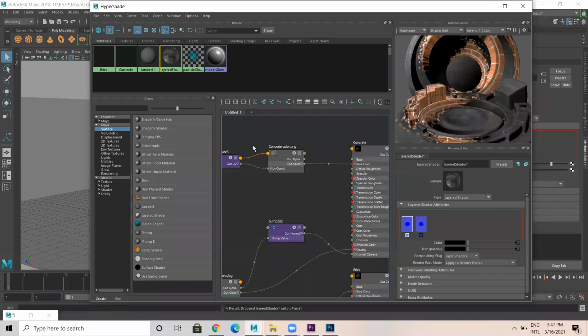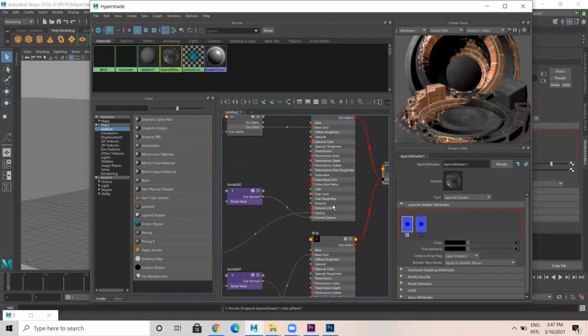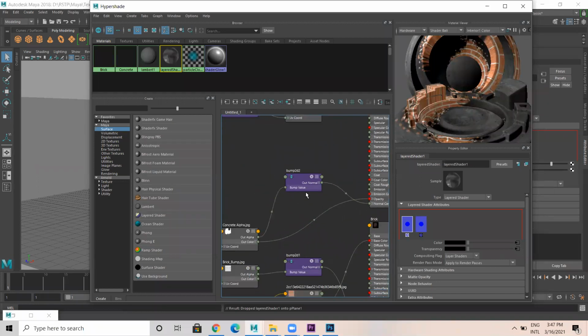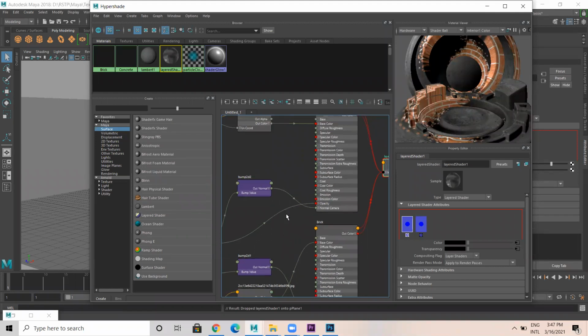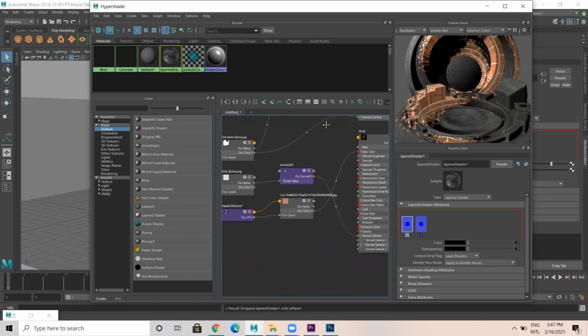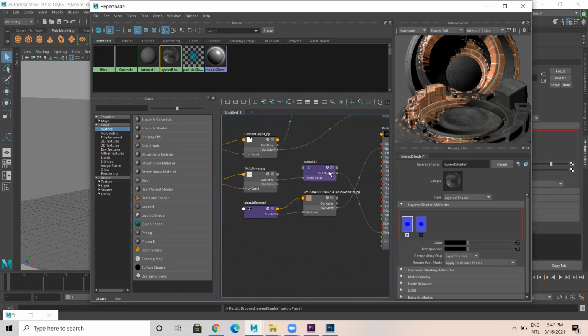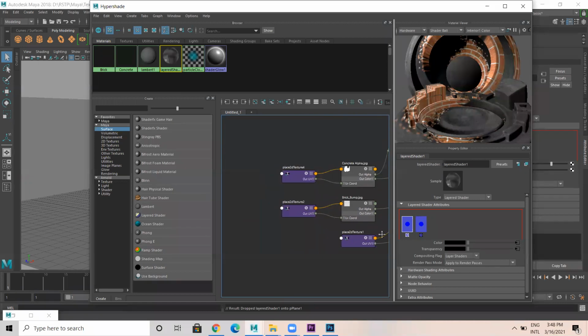In layered shader, first level is concrete, second is brick. Concrete consists of concrete color, and it consists of bump map as well as opacity map, meaning transparency. Wherever concrete is not there I want brick to be seen. That's the reason I have connected this to opacity map. Then brick has color and bump. This is the color map, this is a bump map.